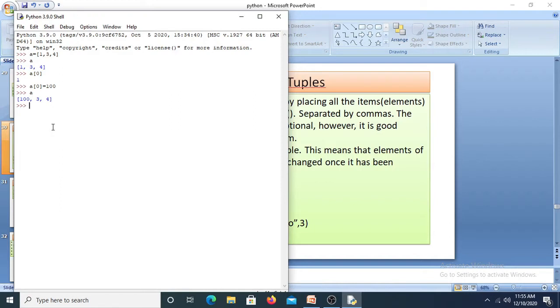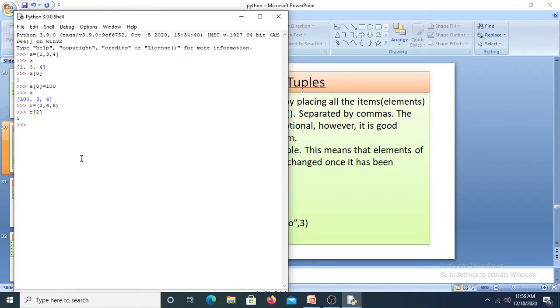Now I'll create a tuple. Let me take one variable, r is equal to, and I have to use parentheses, with 2, 4 and 5. If you want to access or display, again you use the index value here. In r, index 0 stores 2, index 1 stores 4 and index 2 stores 5. I want to display the value 5 through the index value, that is r of 2. So 5 has been displayed. You can access the value in a tuple, but you cannot change it.